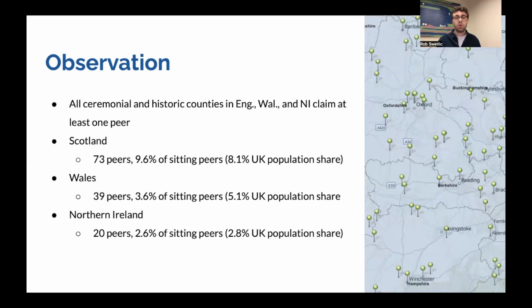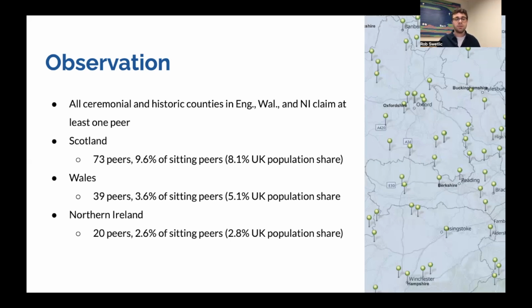Scotland's counties fared the poorest, with 10 ceremonial and 12 historic counties not claiming at least one sitting peer. However, that is only the story if you measure land alone. Measuring the number of peers against UK population share shows Scotland is actually slightly overrepresented in the House of Lords. So Scotland has 73 peers, or 9.6% of all sitting lords temporal, against an 8.1% UK population share, while Wales